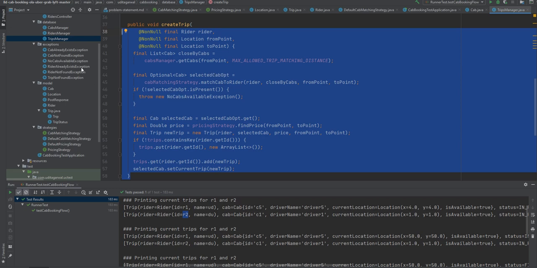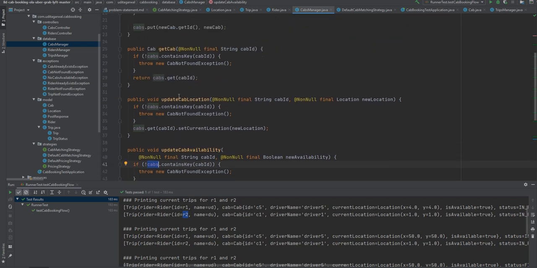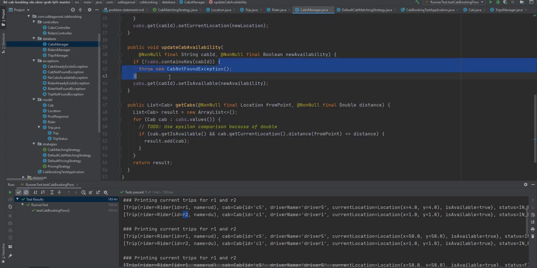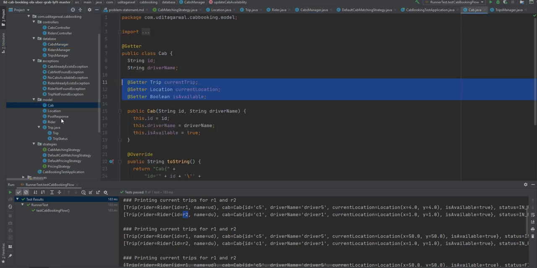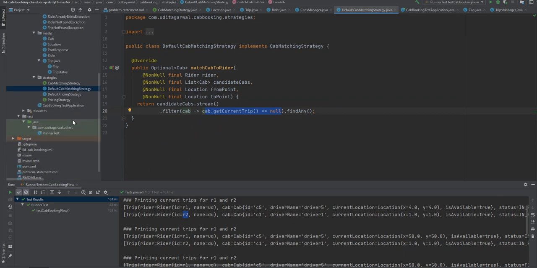Again, while checking the availability, or updating the availability of the cab, we are not checking whether the cab is on a trip or not. We are checking that the cab should be there in the system, but what if the cab is already on a trip? Then we should not allow the update of availability, right? So that check is missing. So the whole idea is, make the code complete and put in as many checks as possible, so that the interviewer will know we have thought through the solution. So that's pretty much it about the system design.